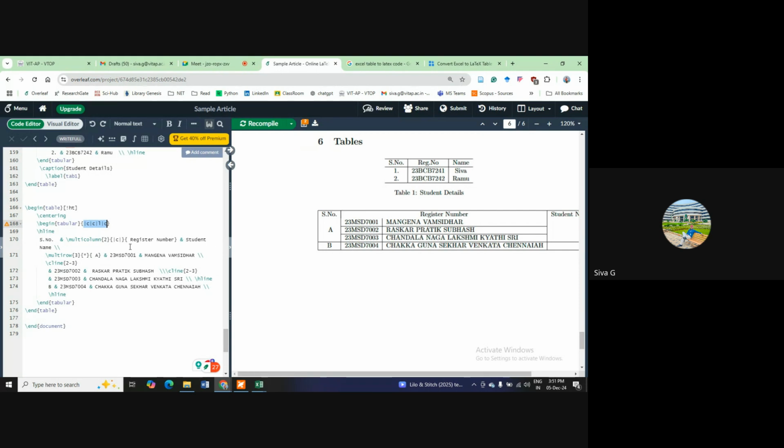Okay. Now we'll go with student number instead of registration number, right? Let us take like this. I will remove this one. Just I will paste here, and I am using multi-column for student name. That is, one is first name, another one is second name. Here the first column multi-row this one, and second column this one, third column this one. I will keep here one and dollar symbol, which means that I am separating one more column. Let us say I will keep one thing here, and one thing here, then Guna Sekar. So I'm taking Chekka Guna as the first name, and then this is second name. If I run this one,